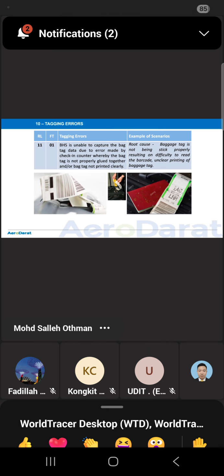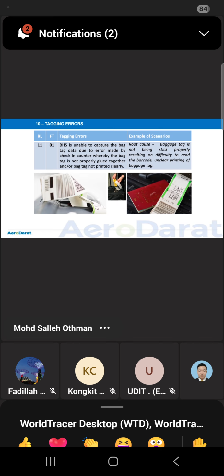Kiosk. They have staff in the kiosk. They have to make sure the baggage tag printing is proper. In case something is wrong, it is still credited to the staff because he has to check first.